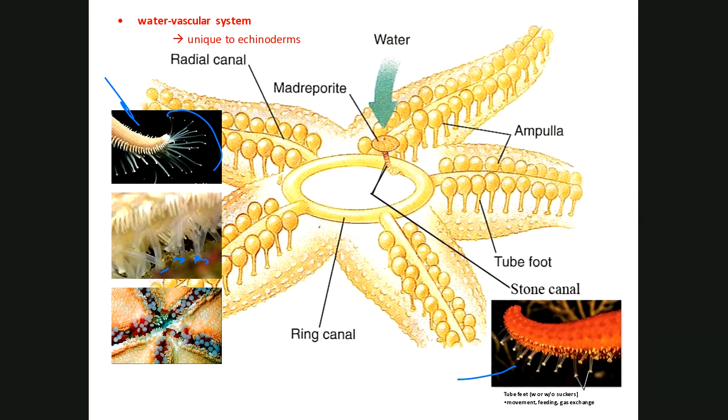What these organisms will do, sea stars like to feed on, say, for example, bivalves. And what they'll do is they'll wrap their arms around a bivalve. Now, remember with the bivalves, in the clam, they have those two big adductor muscles, right? Adduction, to pull together. So you've got those two big muscles that hold that clam shell together. Along comes Mr. Sea Star, and Mr. Sea Star would like to eat the clam. Well, the clam doesn't want to be eaten, so it closes its shell. All right, so we've got a closed clam shell here.